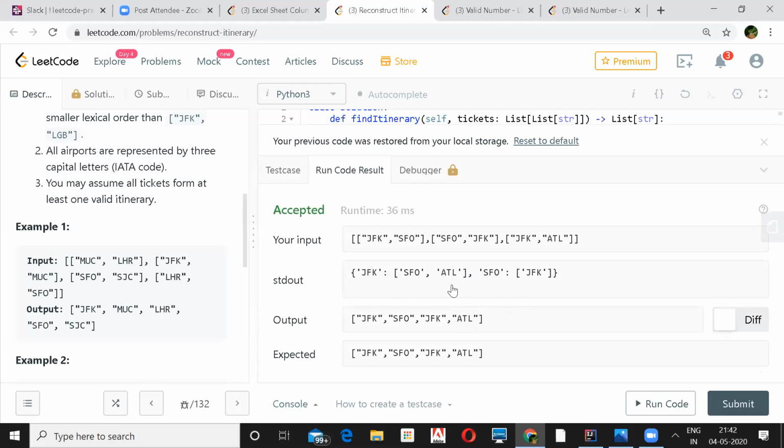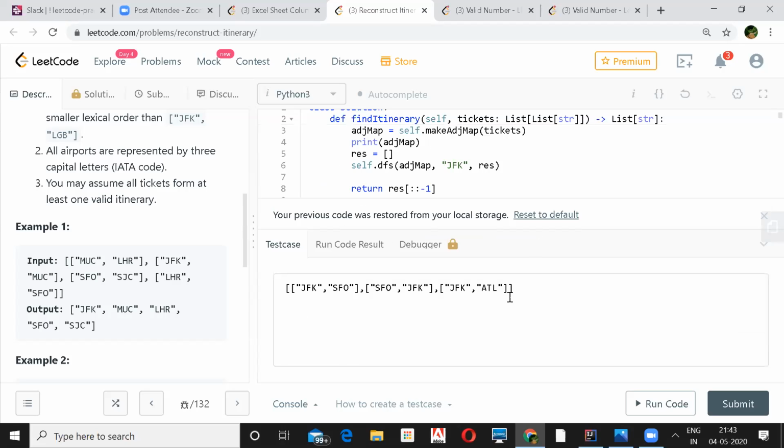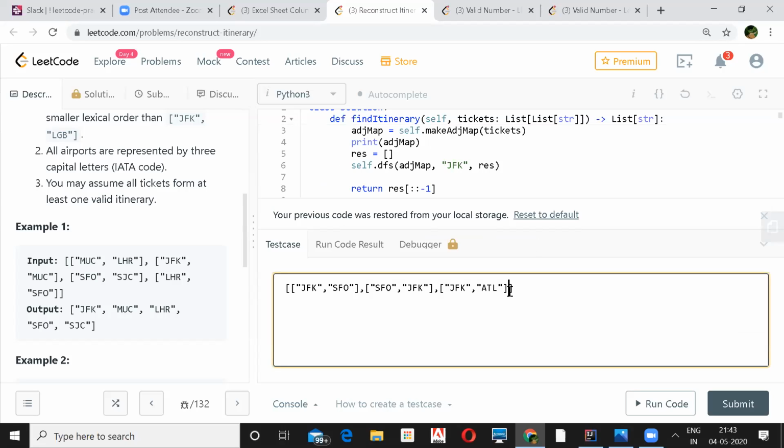Yeah, it's taking care. I mean, we don't have any next destination from ATL in this map. So if we add another one from ATL to some other random destination, for example AMD, it will take ATL and try to find the destination for ATL.